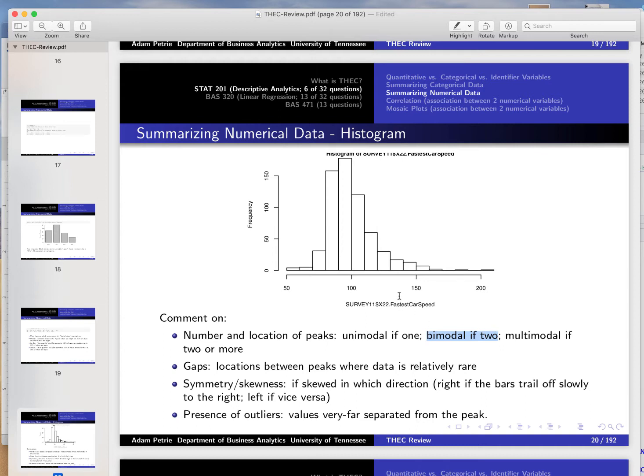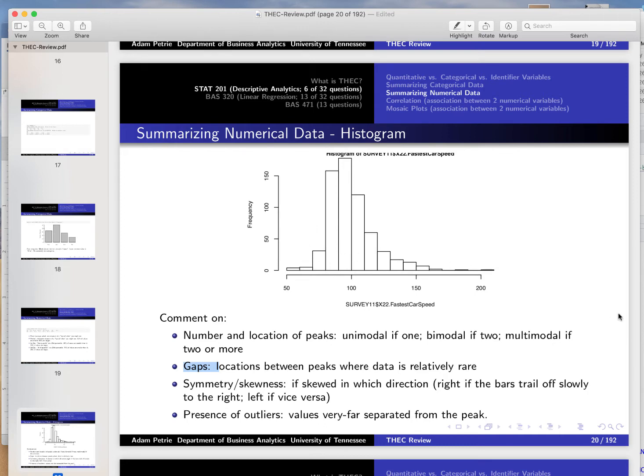Once we've talked about the number of peaks, we can talk about whether or not there are any gaps in the data as well. Are there any values where, for whatever reason, we just don't see many data values there? Now, a gap is actually related to the peaks of a distribution. Gaps really separate peaks here. With a unimodal distribution, there's no gap, there's just a nice gentle fall off in the frequency towards larger or